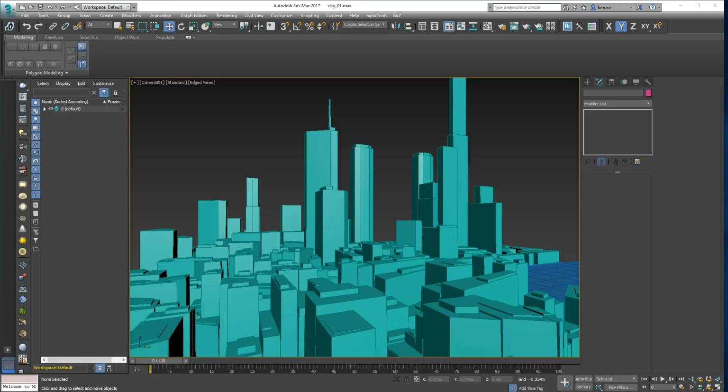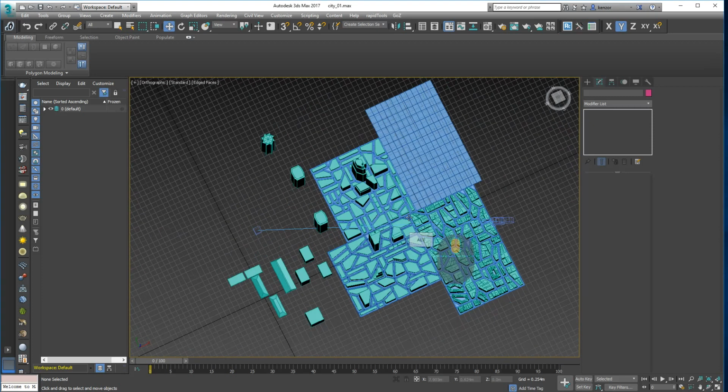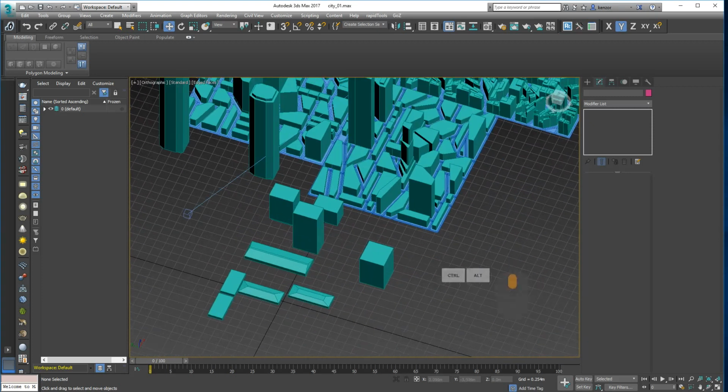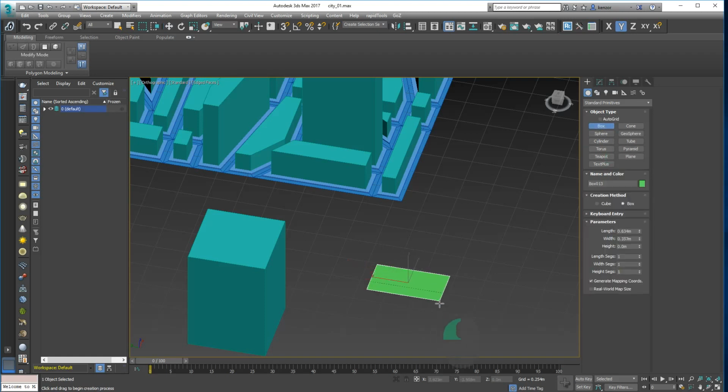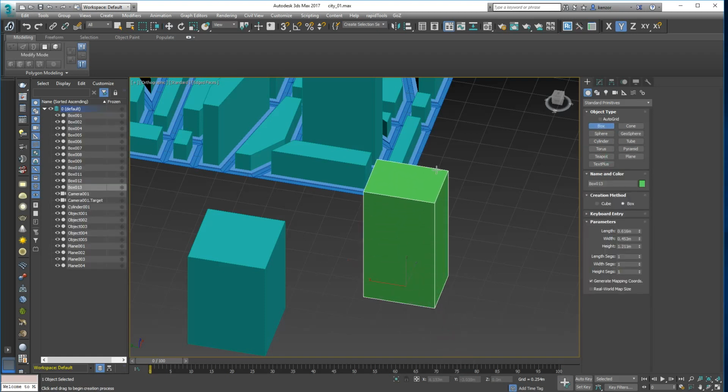So let's start looking at Editable Poly, and we're going to look at building some skyscrapers. So let's go to an orthographic view of some sort. And so the process for starting modeling is basically start with one of these primitives, like a box, drag out a box of the suitable size,